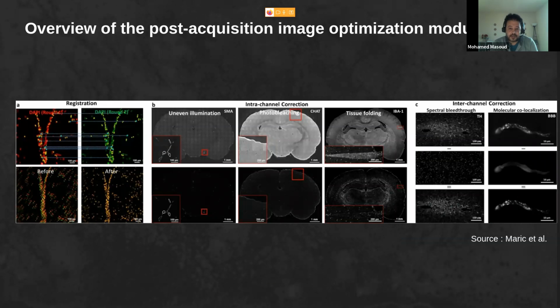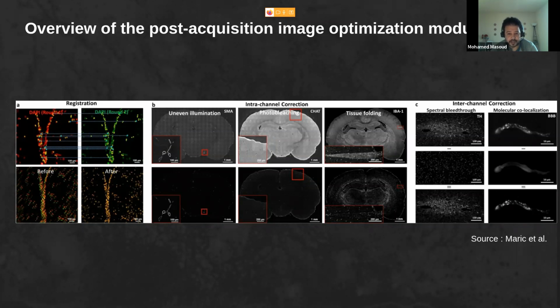The post-acquisition image optimization module starts in the beginning by doing a registration for the different channels. They use a mid-level image processing technique, which is Oriented FAST and Rotated BRIEF, abbreviated as ORB.